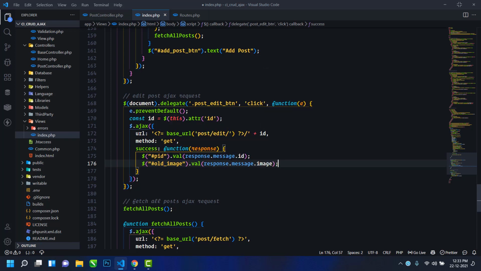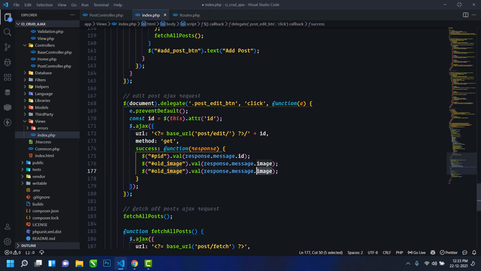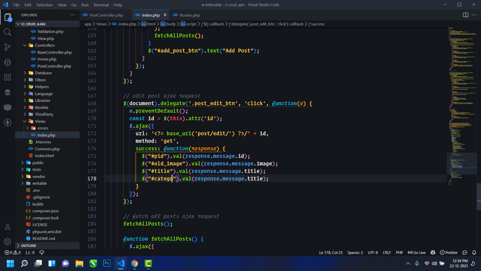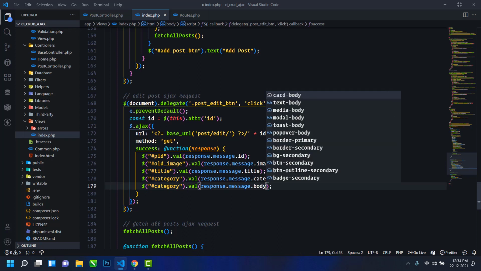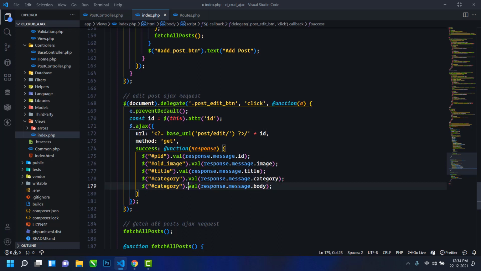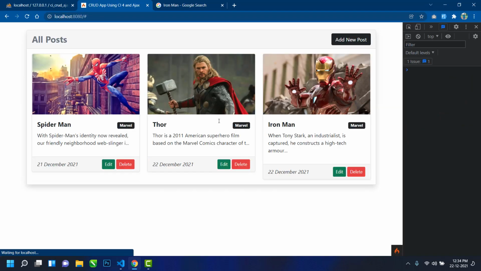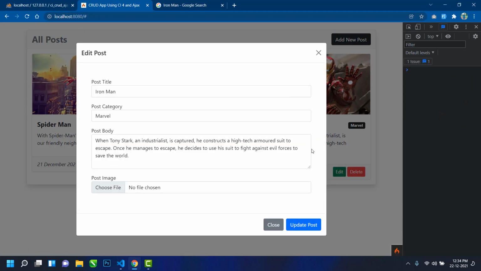Then title, then category, just copy and paste here also, then body. If you save this and go to the browser and refresh, now click on edit, then you can see post title, post category, post body is set.